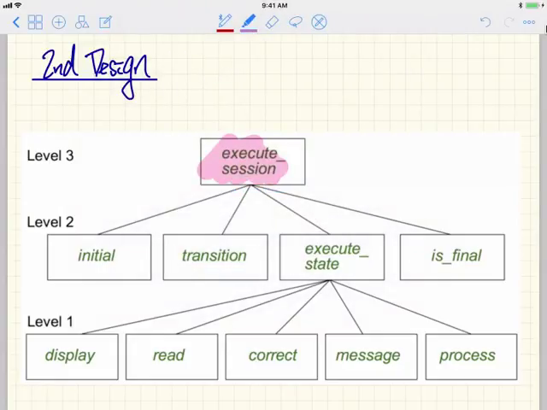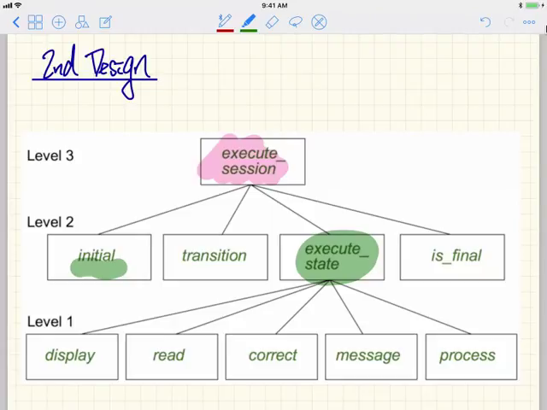Execute session simply defines the flow for the application to interact with the user. At the second level, I'll use a different color over here, we're going to initialize some states, maybe state number 1 or state number 2, any state, initialized to be something. And then we'll try to execute the states. Executing the states simply means that based on the current states, we are going to do some state-specific transition or state-specific processing,